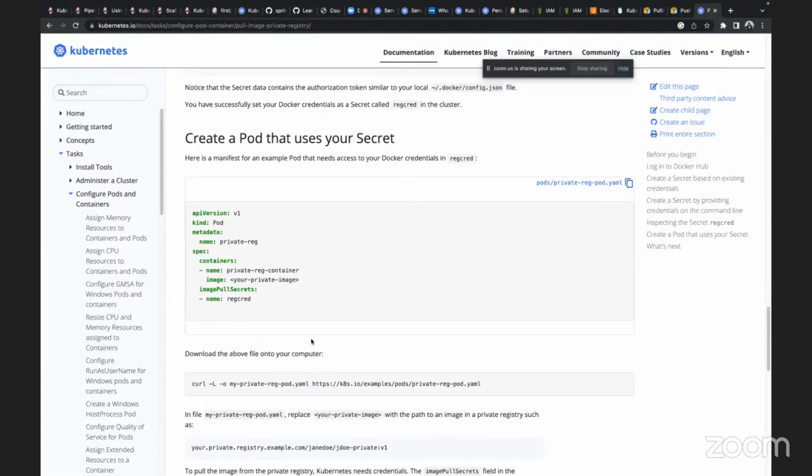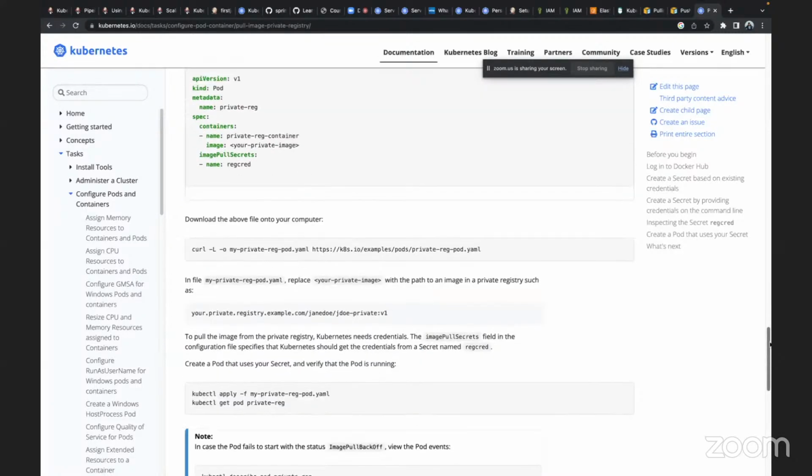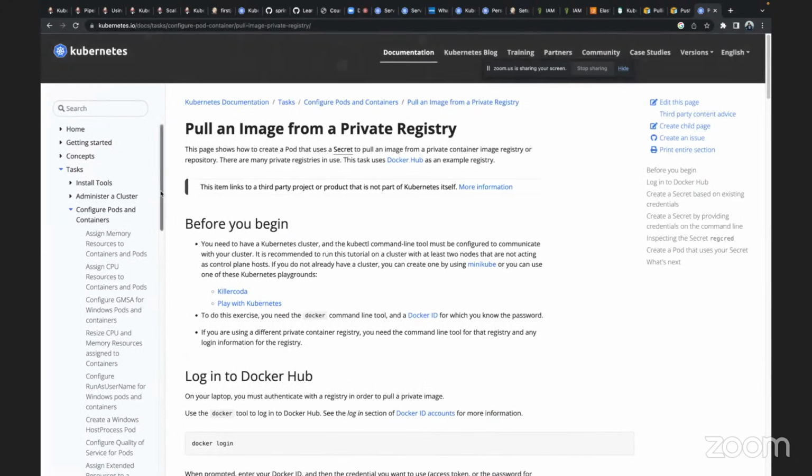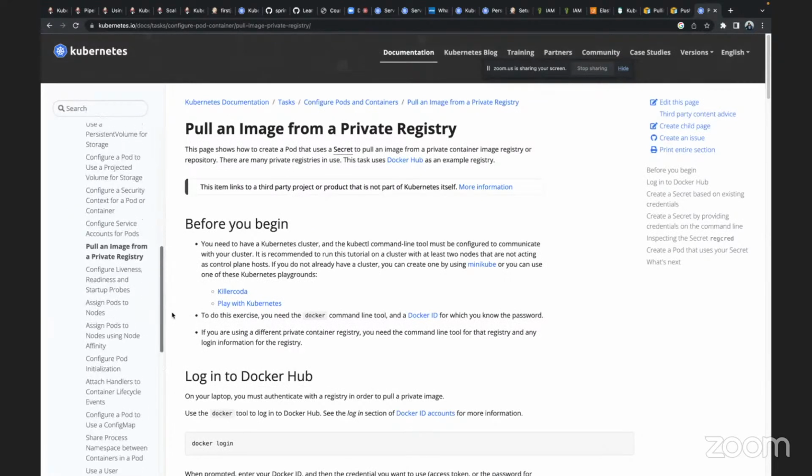Because since this is a private registry, we can't get the images directly. We need to authenticate to that registry first, correct? And this will cover a secret part as well. कल हमने देखा था the secret. Why do we need secret to send? We need secrets to store sensitive information, and these registry credentials are sensitive. We don't want to share these registry credentials with everyone. To access a private container,